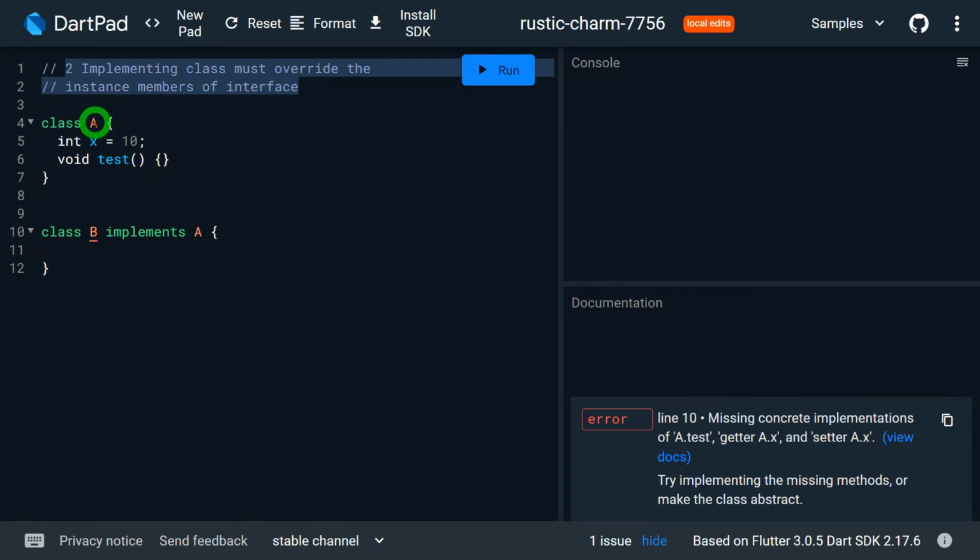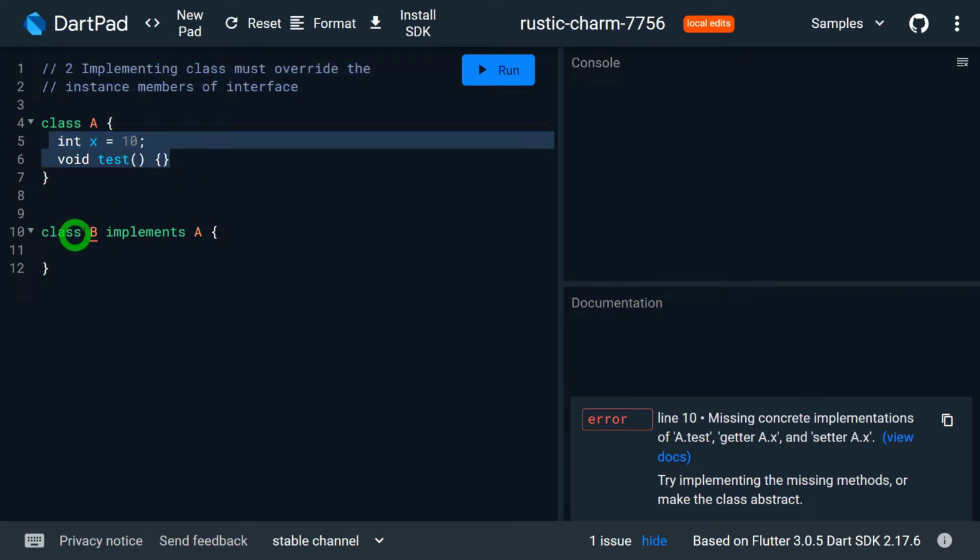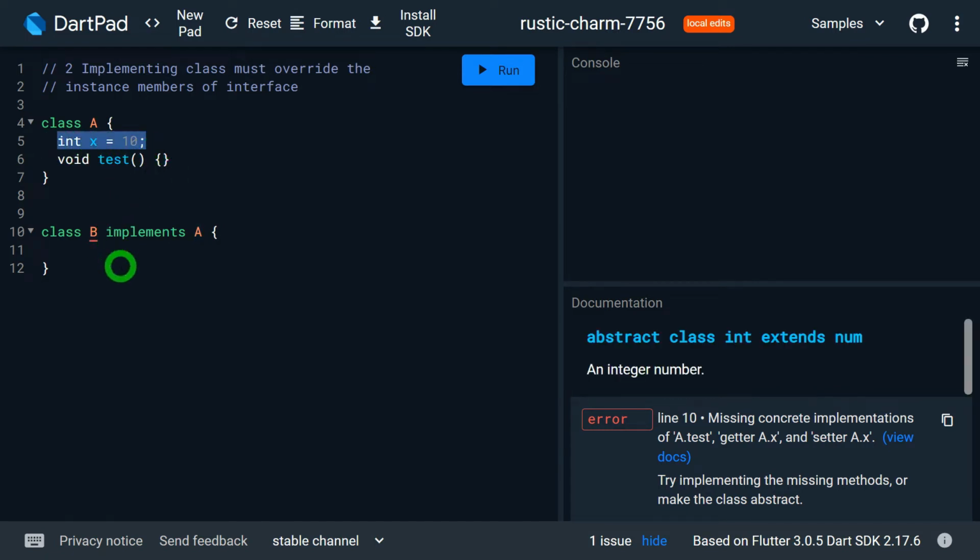You can observe here we have a class A that contains integer x and the method void test. And inside the class B, I simply want to implement A, means I want to use class A as interface. And as a rule, it's compulsory for the class B to override this member, that is integer x, or at least it has to provide getter and setter. And it's compulsory for the class B to have the overridden method test inside it. Otherwise, we'll have error in class B. You can observe here we are getting error because we have not overridden the variable x and the method test